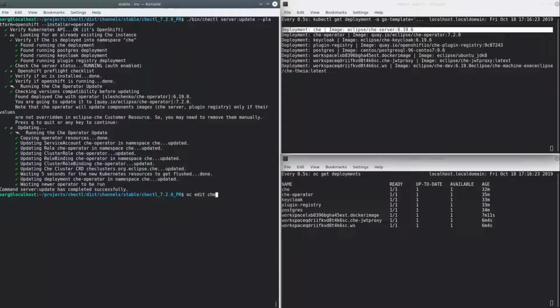We can see that Che components still use all Che 6 images. It's because of a bug that is fixed for new installations, but for old ones we should do some manual work. We need to update the Che cluster custom resource